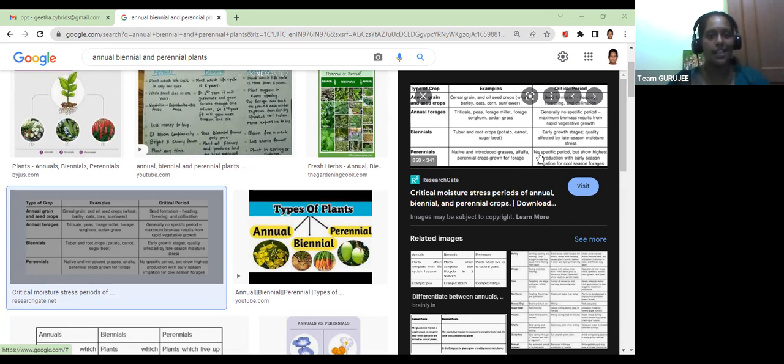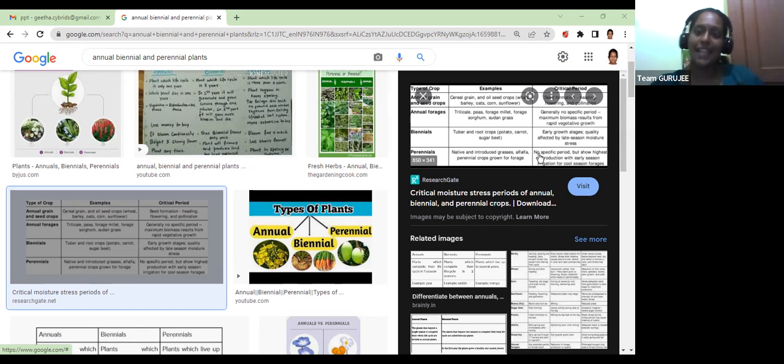So if you take the seeds out of it, like grains and all, how do we take all the grains? Every year you have to sow new grains. For example, rice, wheat and all, every year you dehusk it to get the grains out, right? Similarly, in case of pea plants, once you get the fruits out of it, it's not going to be flowering again. They'll have only 1 flowering season. After that, they may not be able to flower, because only after complete vegetative growth, the reproductive growth of flowering will happen.